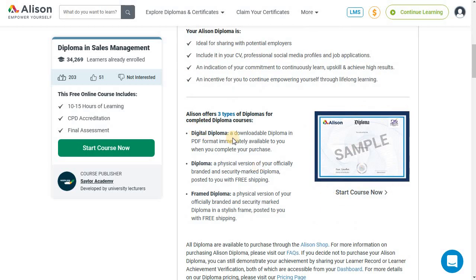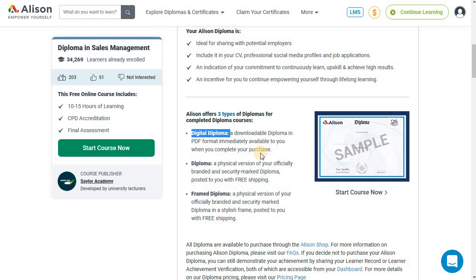You get the digital diploma certificate, which I told you is the most cost effective, the cheapest. Then you get the normal printed version. Then you get the framed version as well, which they will ship to you. So it depends on what type of certificate you want, and you pay as per what type you require. But the digital certificate is very, very valid, since you can use it on your LinkedIn profile, Facebook profile, any online platform, and especially LinkedIn really recognizes this ALISON platform. So it will recommend your profile to the employers.